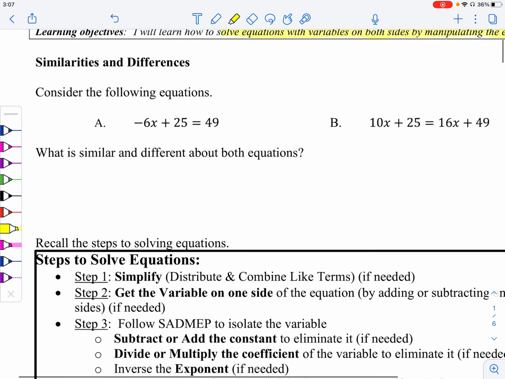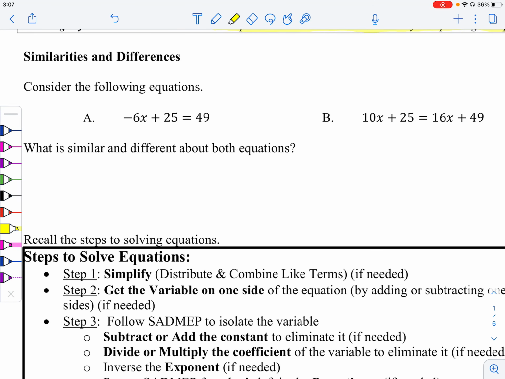So first one, consider the following equations, right? So we get A and B. If we look at both of them, we can see there's some similarities to it and there's some differences. First off, we can tell both have x variables, right? Both are equations,